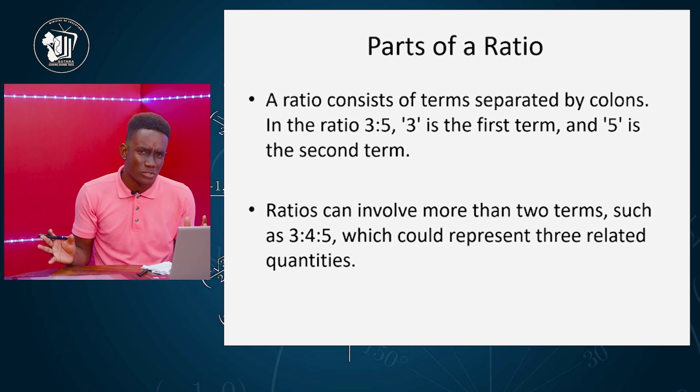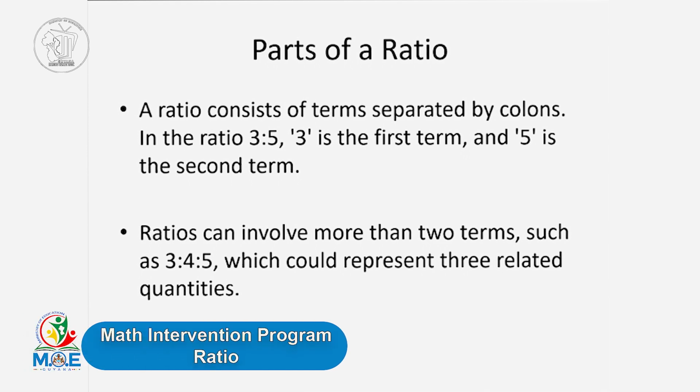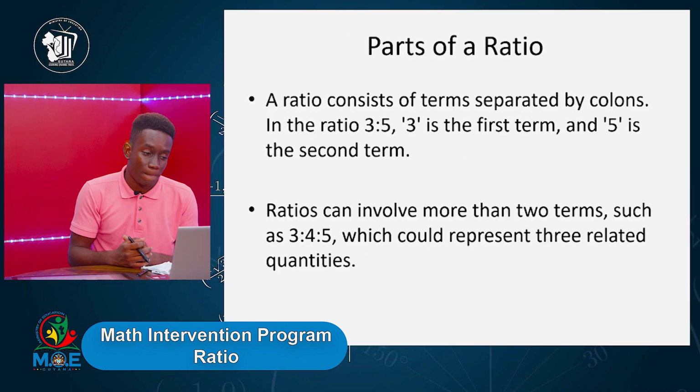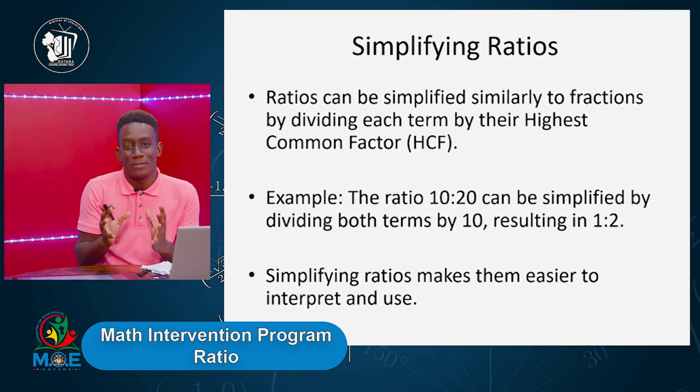However, with ratios, we can also have more than 2 terms. We can have 3 terms, like in the example 3 to 4 to 5. This is saying for every 3 of something, there is 4 of something and 5 of another something. So it is not limited to 2 quantities only. You can have 2 or more quantities. So now that we have an understanding of the basics about ratio, let's look at how we can simplify a